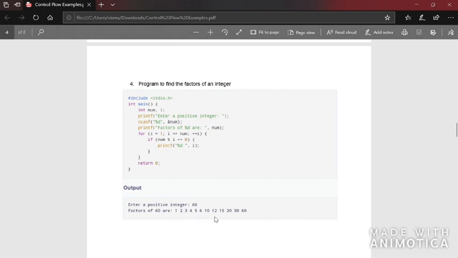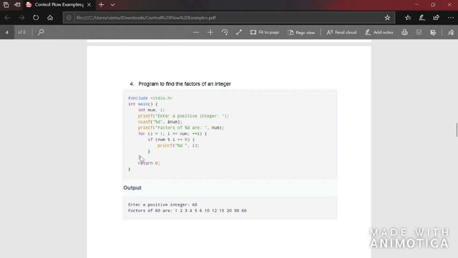So this keeps on going until I value reaches 60. After I value reaches 60, it will print 60, and the I value gets incremented to 61. Once it checks the condition, I less than or equal to num will be 61 less than or equal to 60. So 61 is not less than or equal to 60. 61 is greater than 60. There the condition becomes false, and the control comes out of the loop. The loop is terminated and the statements after the closing bracket of the loop are executed.